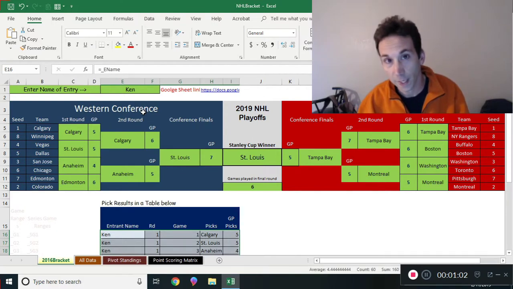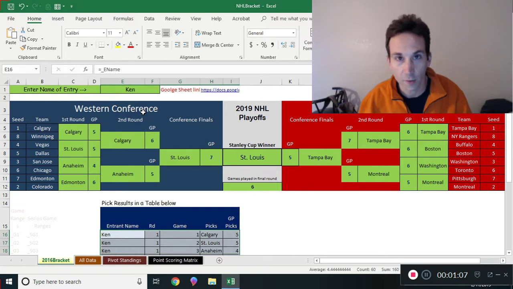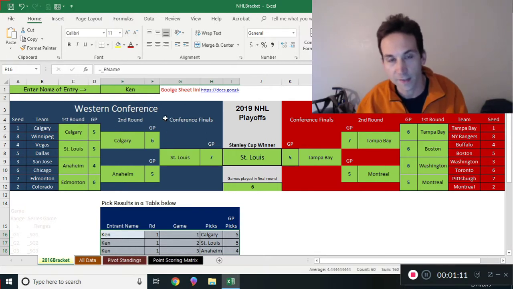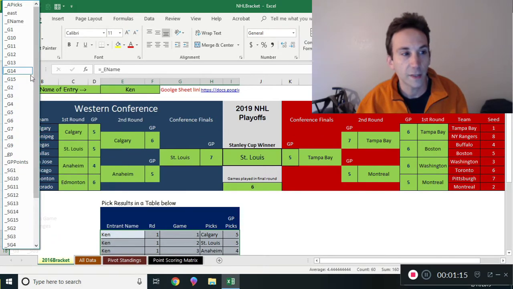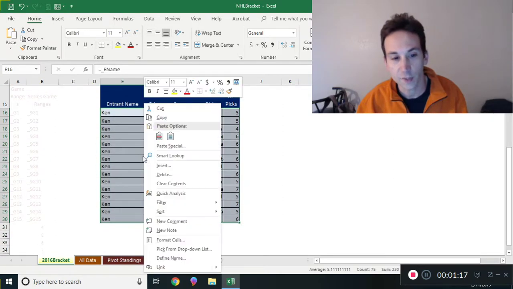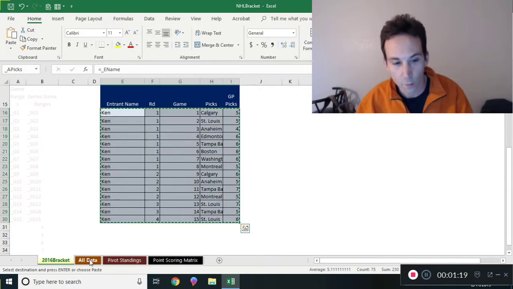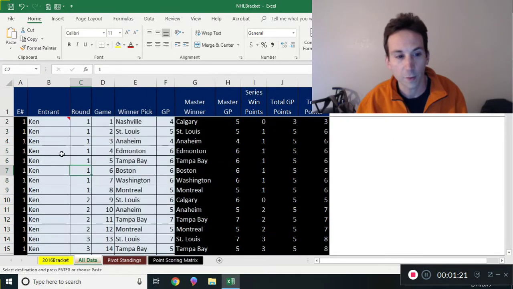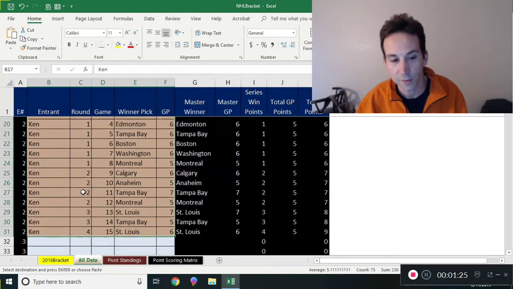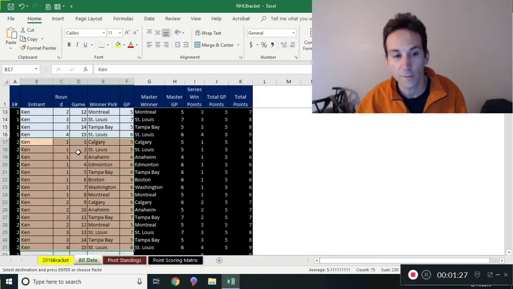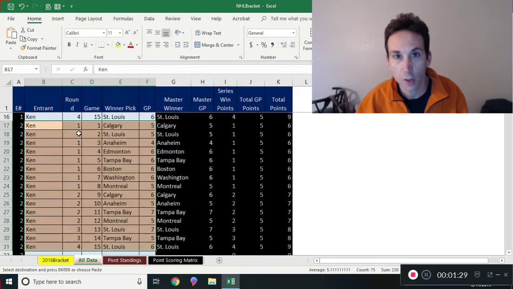The way that this can be scored manually, a lot of people that use these brackets score them manually. They send them out to 10, 20, 100 people and run a tournament, and they get the file back after it's all filled out. It gets saved, it gets sent back to them. And they grab this area here, which is called the picks. We just copy this area, and the rest of this file is really for the person who's going to be scoring this. And you just paste values, the picks right here,